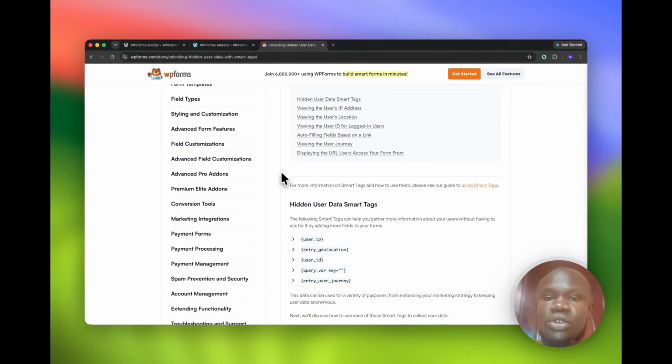The next one, we want to capture the user ID, especially for the entries that are logged in. And you can also capture the query variable by simply passing the query value, as we did in the first video on how to prefill by URL and using the query strings. So I'll copy this, the entry